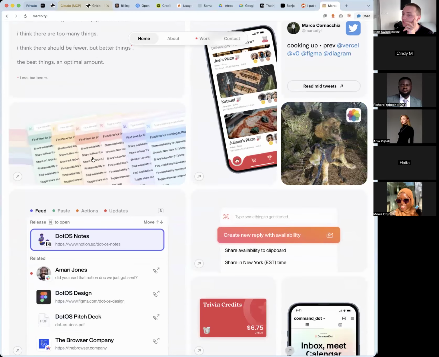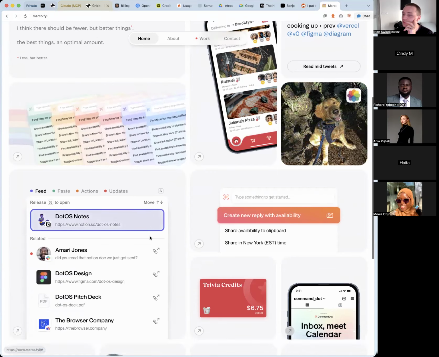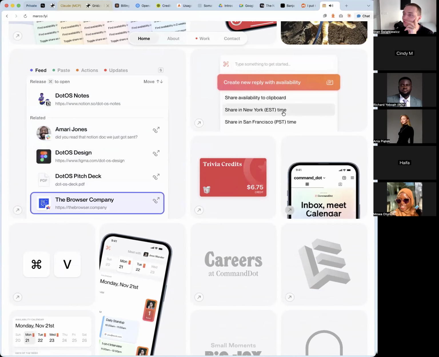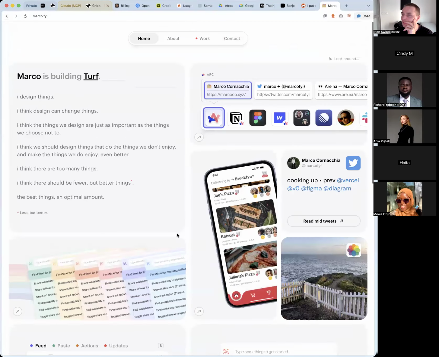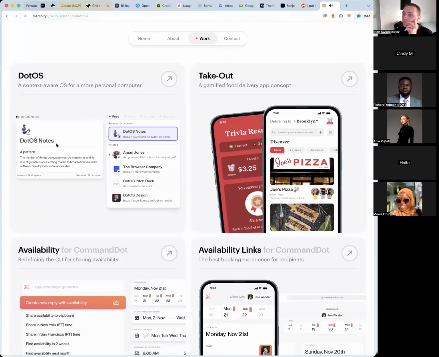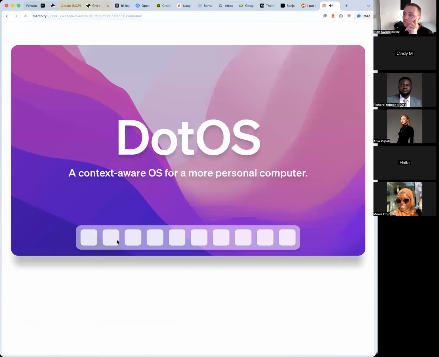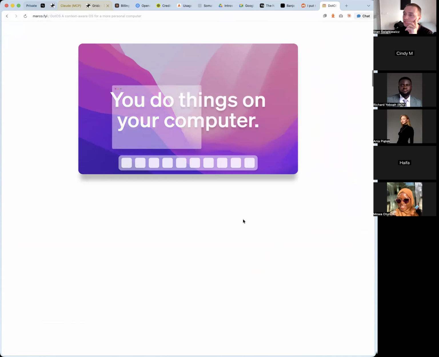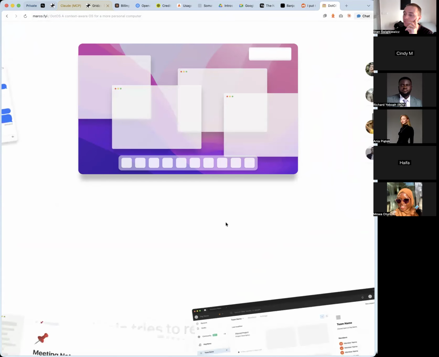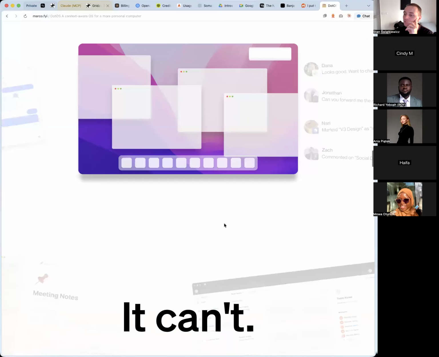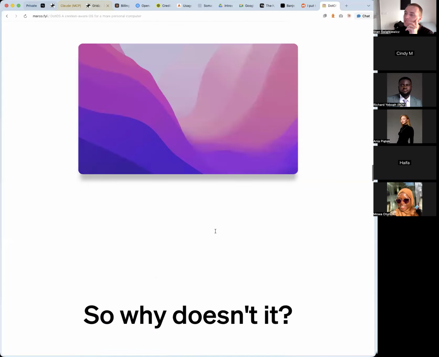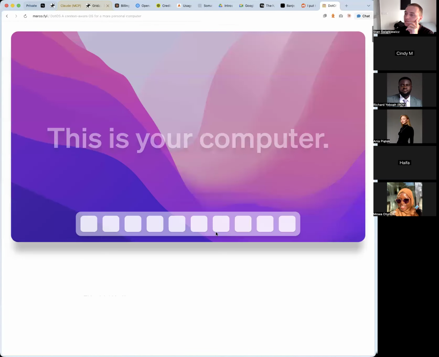But look over here, it's very visual. It's very fun to use. Although I would like to understand a little bit more about it. Let's go. .os, a context-aware OS for a more personal computer. This is your computer. This is your brain. You do this with your computer. Blah blah blah. Okay, yeah. So what I like here is that this is very